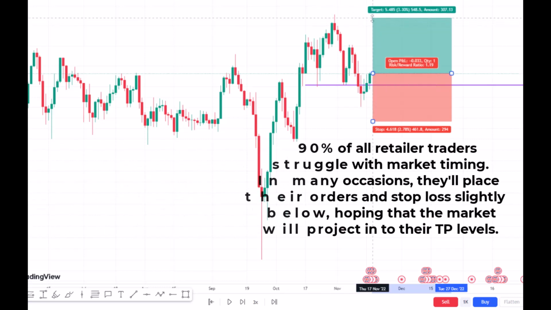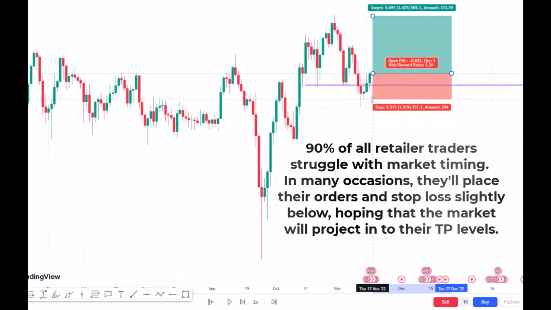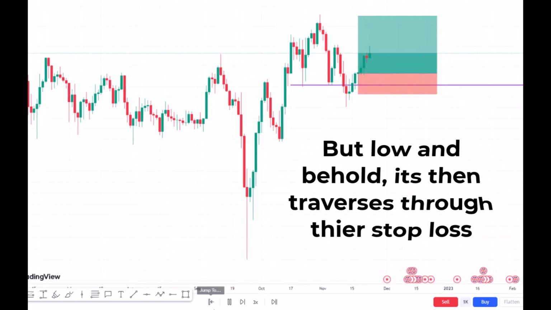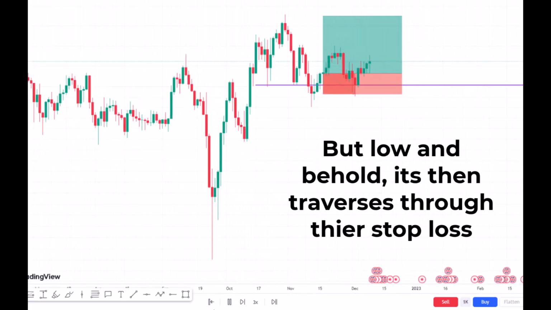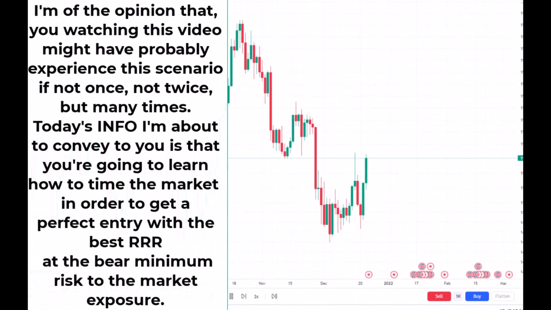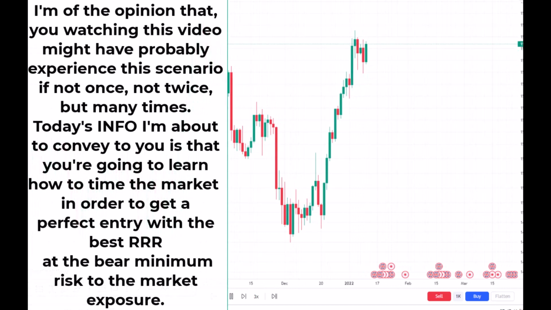90% of all retail traders struggle with market timing. On many occasions, they will place their stop loss slightly below, hoping that the market will project into their TP levels. But lo and behold, it then traverses through their stop loss. I am of the opinion that you watching this video might have experienced this scenario, if not once, not